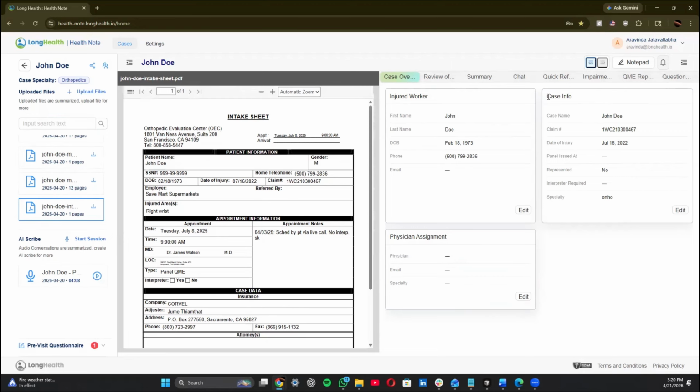One is the injured worker section, the second is the case information section, and third is the physician who is assigned to this particular case. I haven't assigned any physician to this particular case, but you can always do so, and that will be done